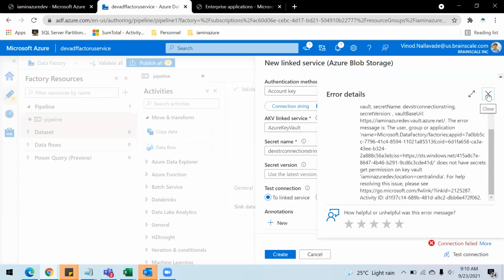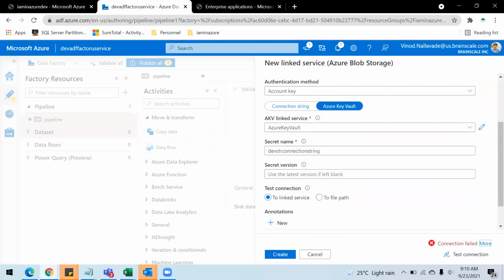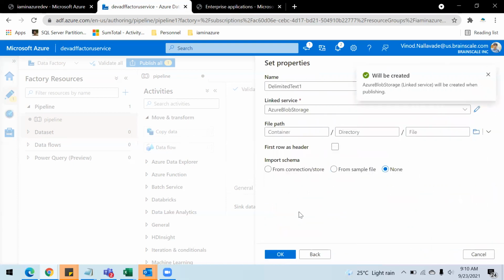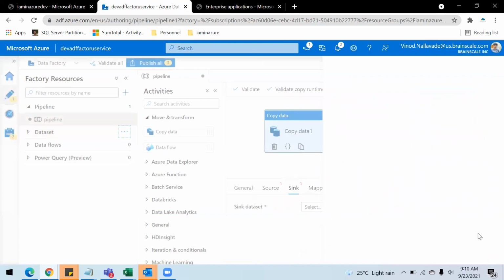So what we need to do is add this Data Factory related managed identity inside the access policy of the Key Vault. To do that, let's create this first, and we can create the dataset later, but cancel this for now.